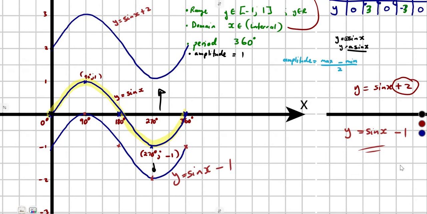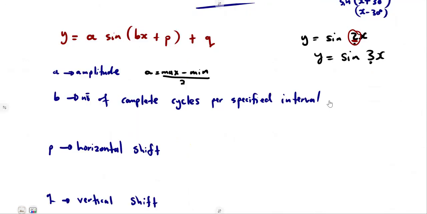So I know that from this graph of a sine, they simply added a 2. That's my effect. The same shape, but the graph is now down 1 unit. Each and every point is 1 unit going down. So I simply subtract a 1. That's the effect of the vertical shift Q. The graph can be taken up or it can be taken down,